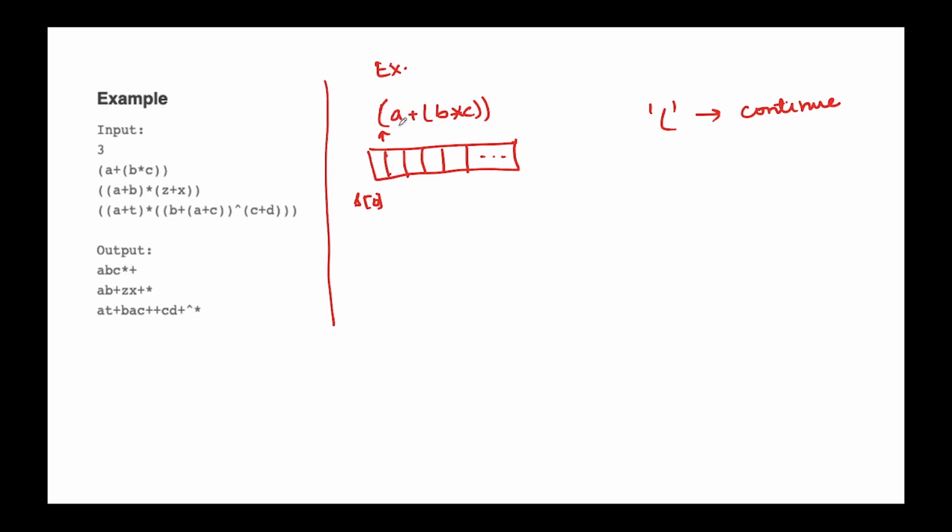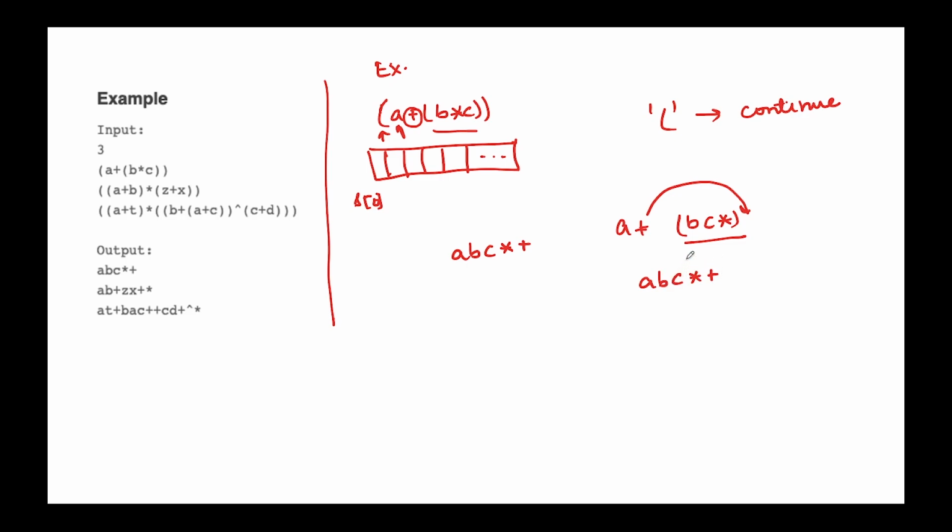So now there comes the a, and after this there is an operator. Now the thing that you can see in the output is a, b, c, star, and plus. Let's first understand this. Now we see that there is a bracket, so we will first perform this part. So a plus, it will look something like this: a, b, and c star. Now the plus should move right after this. So it will look like a, b, c, star and then plus.